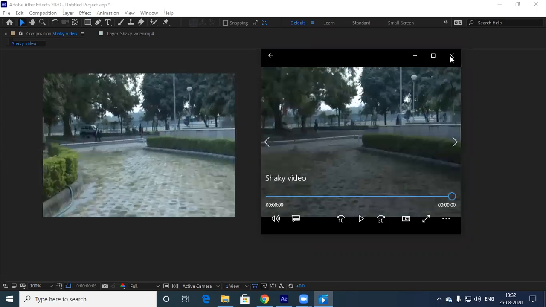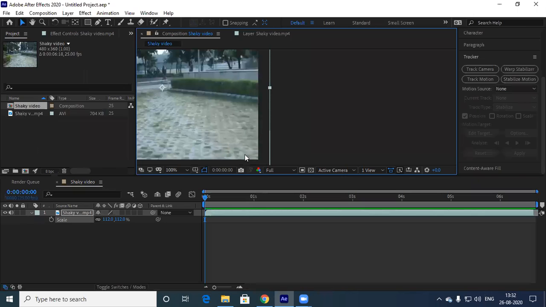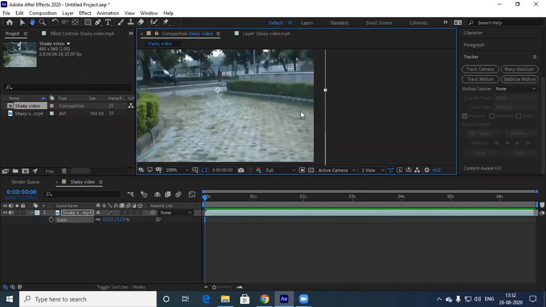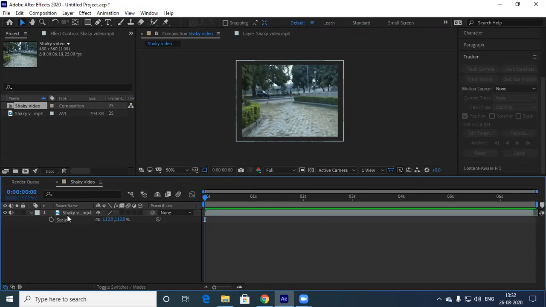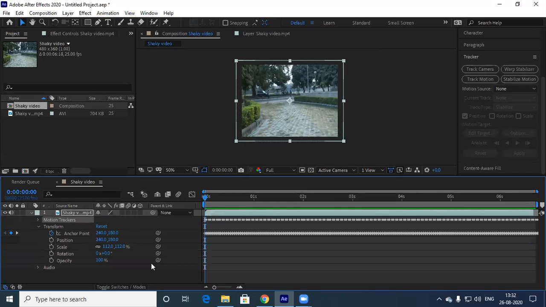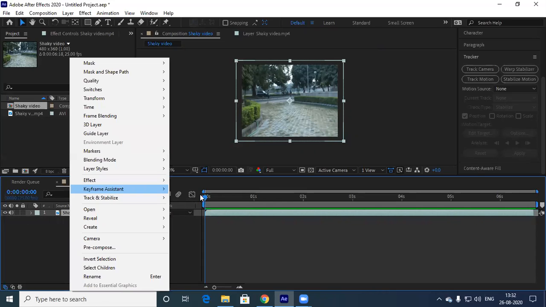Now, next, do you want me to show tracking? Tracking anyhow, yes, we have done it. Do you want me to teach you tracking? Yes. Okay. Now this is one part wherein we have done a stabilization. So I'm going to delete this motion tracker, or else let it be. Along with the motion tracker, I'll teach you.